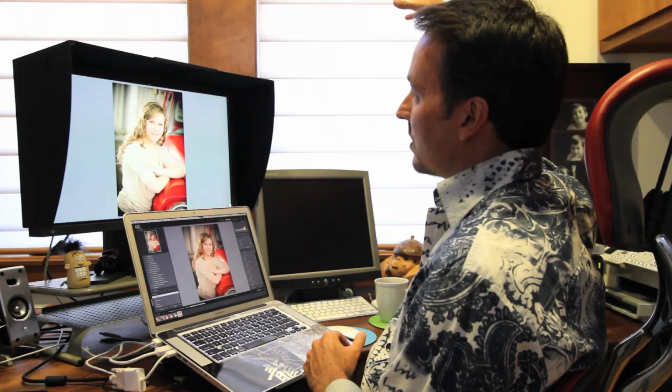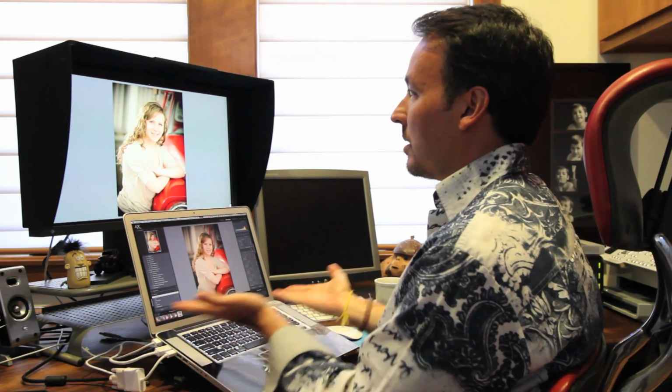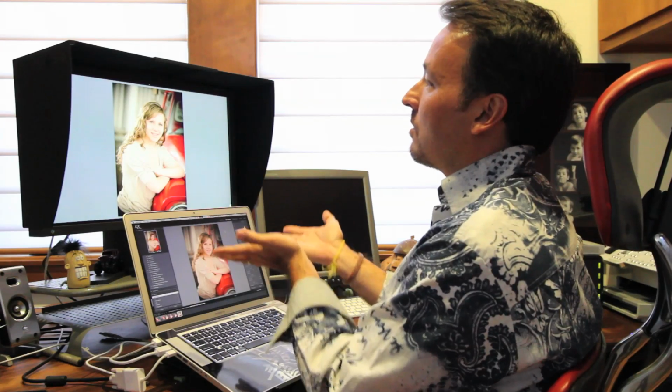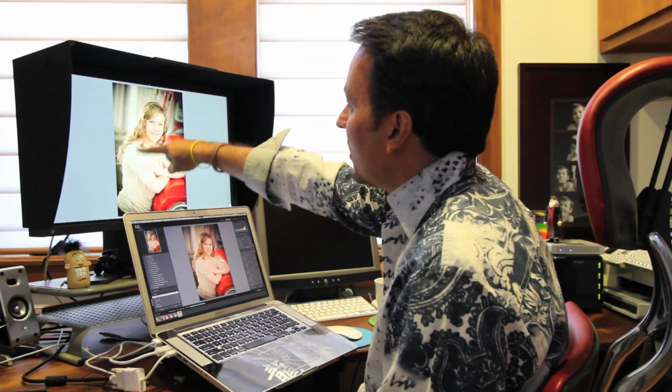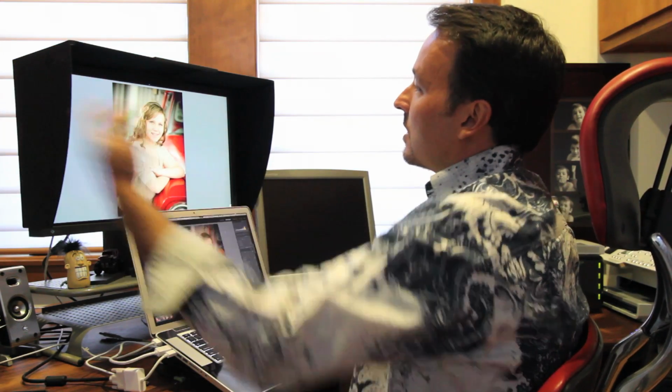You can tell by the catch lights in her eyes, there's a main light source, which is an octabank, a small octagon-shaped light box right up and to the side, about 45 degrees, lighting up her face. We also put a little silver-white reflector in the front underneath her eyes to throw a little light back into her eyes. And this beautiful light on her hair is another flash, of course, off in the distance here,